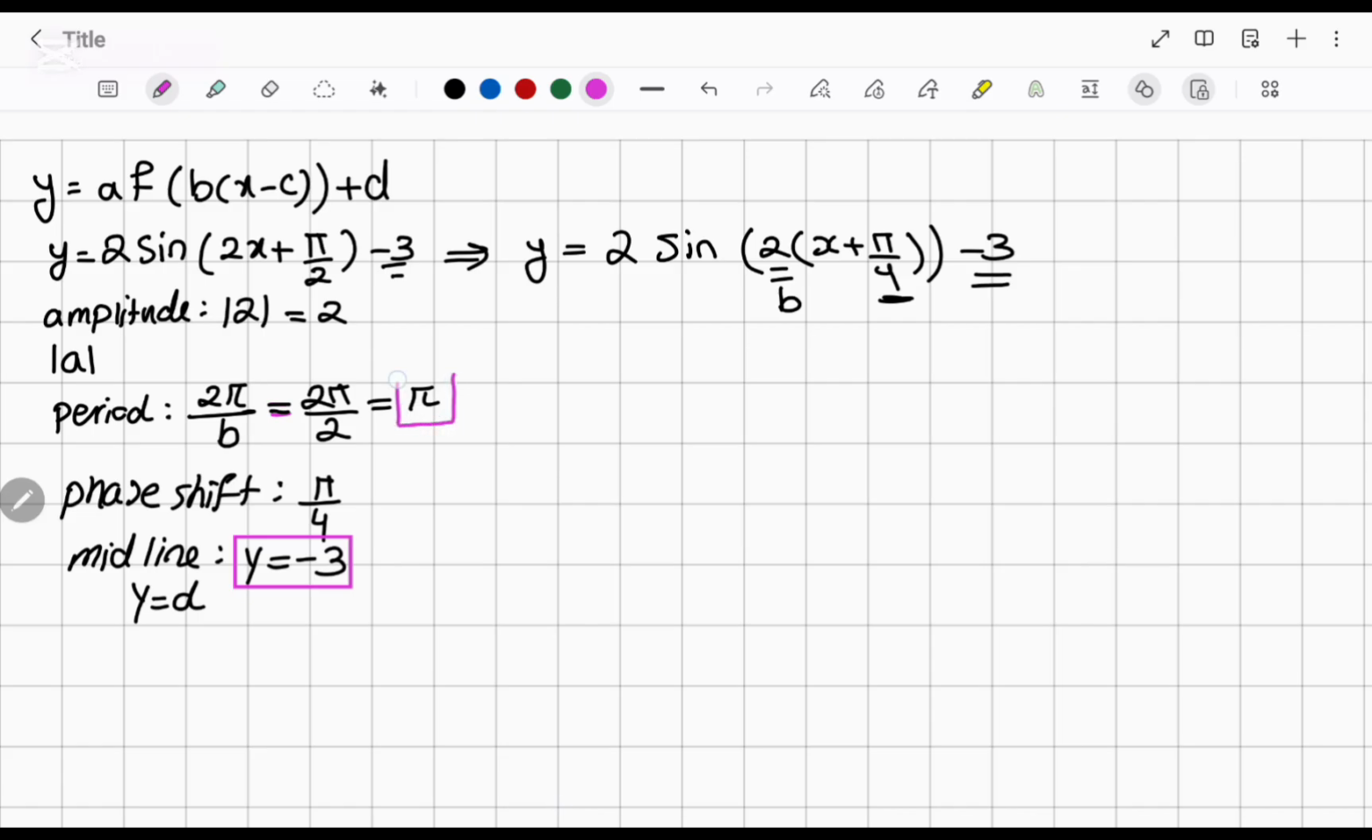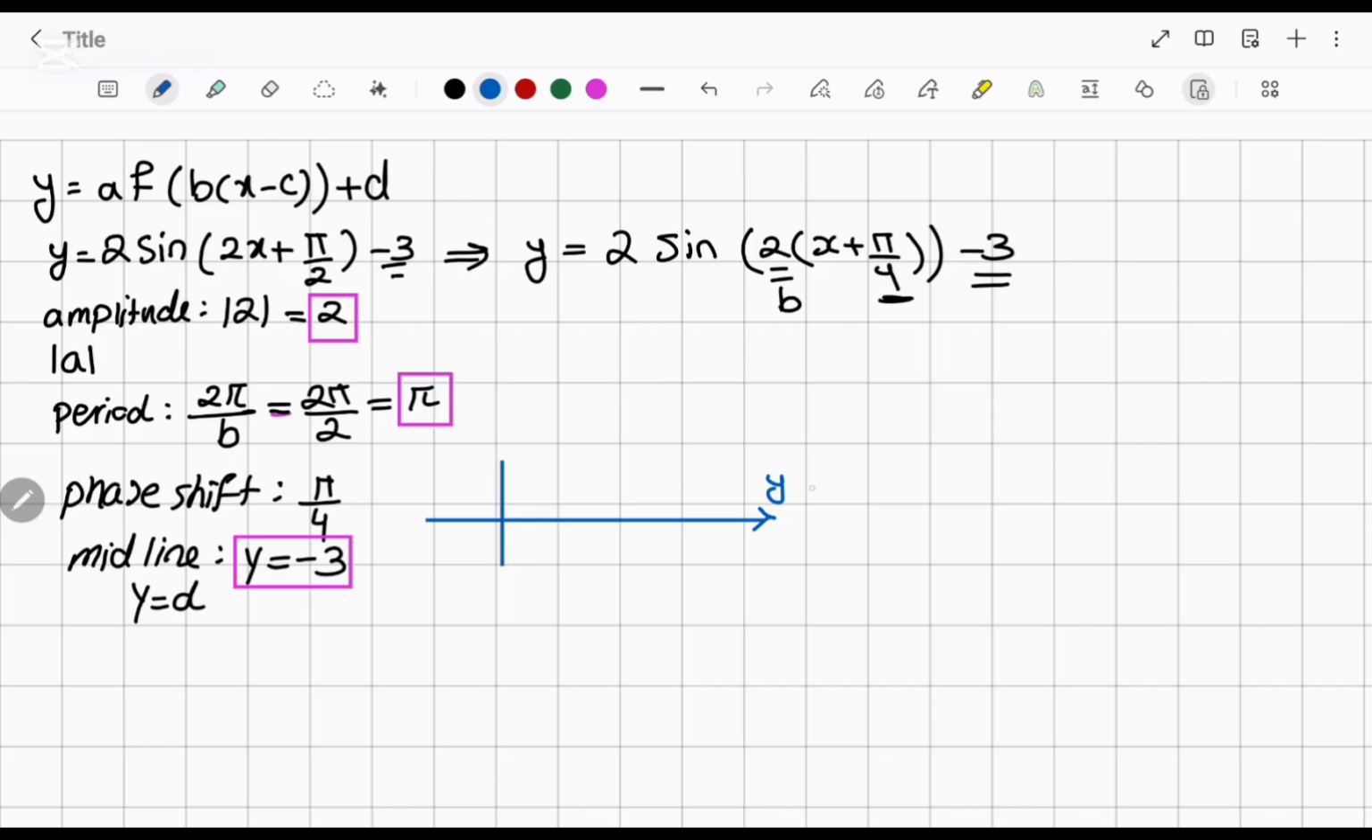So the period was pi, the amplitude was 2, and the midline was -3. So what do I mean by the midline? Pay attention. If we have the graph of a sine or cosine function looking like this,